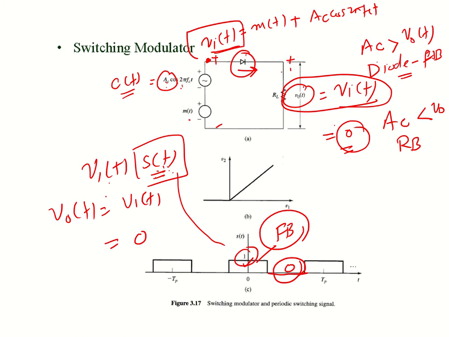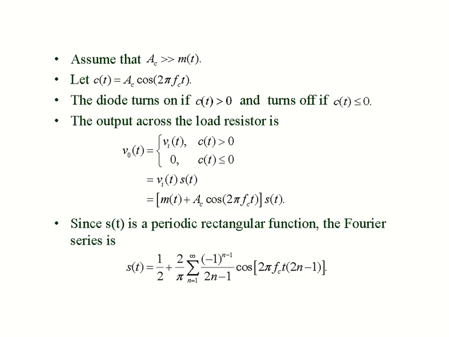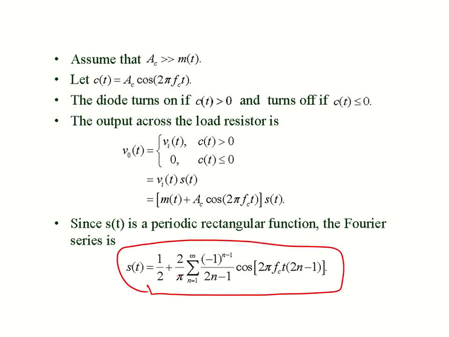So this is called a switch modulator, where we multiply our input with a square or rectangular signal, which acts as our switching signal. This represents the operation of the diode: forward biased on, off, on, off. Now mathematically what will happen? This is the square wave, so if we use the Fourier series, we can write the square wave like this. So this is your switching signal.